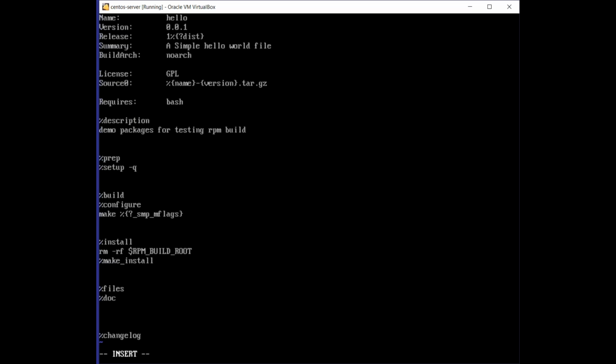In prep, setup -q. Setup -q is a command used by the RPM package to build the setup. And build, we don't want to build. Here what it is doing is build, configure, make. It means